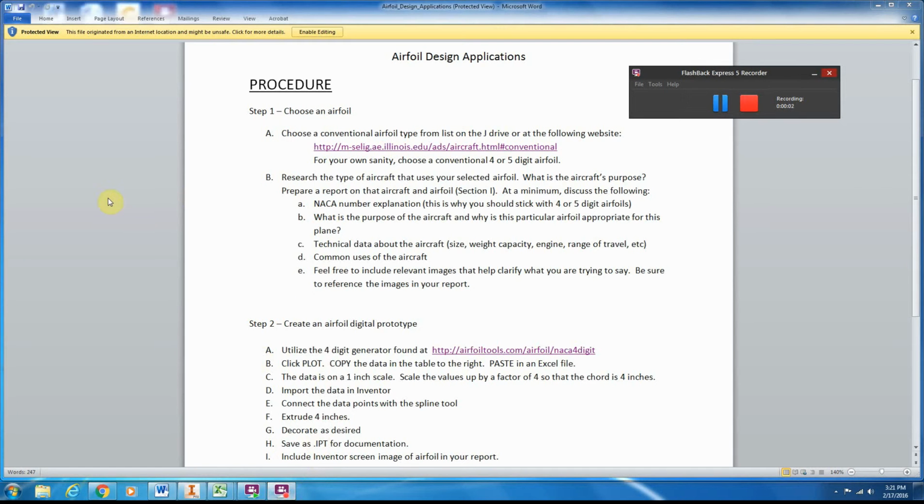Hey everyone. Today we're going to go through airfoil design applications, just buzz through the process briefly so everybody's on the same page with how to do it. As an overview, the plan is to go to this website here, pick an airfoil that goes along with an